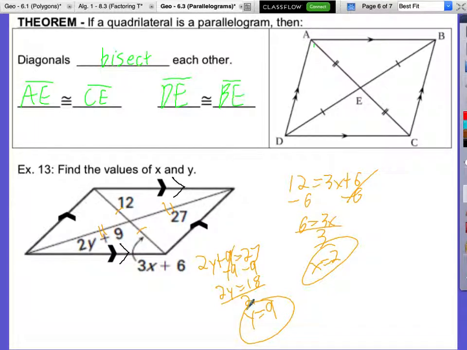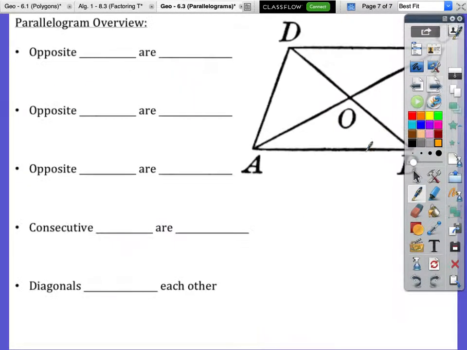Questions on Y. Okay, let's go through an overview real quick. Overview. Okay, so